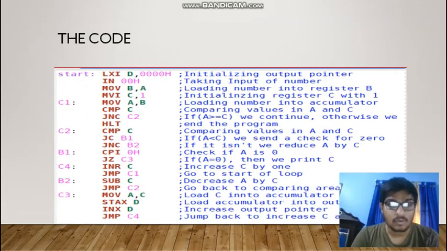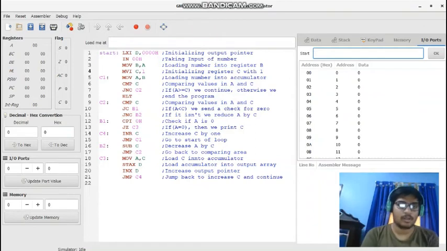Now we will look at the code. This is the code. We will not discuss it here. We will now go to the simulator where we will discuss the code, and then we'll run a few examples. We are here at the simulator with the code, and we will discuss the code and then run a few